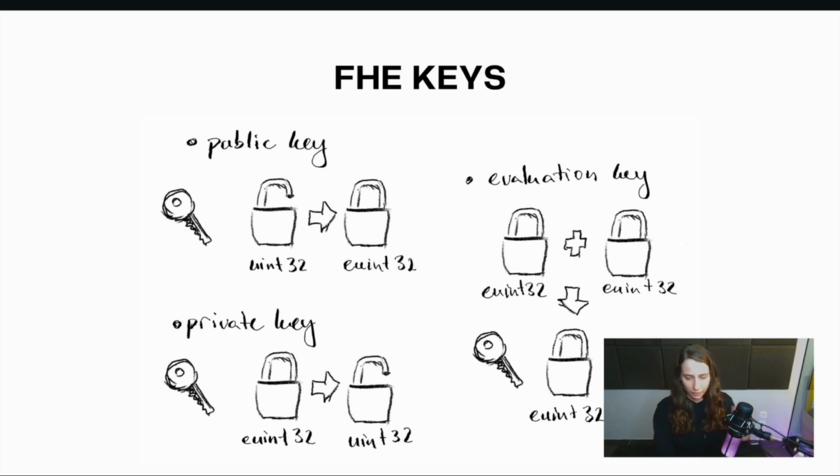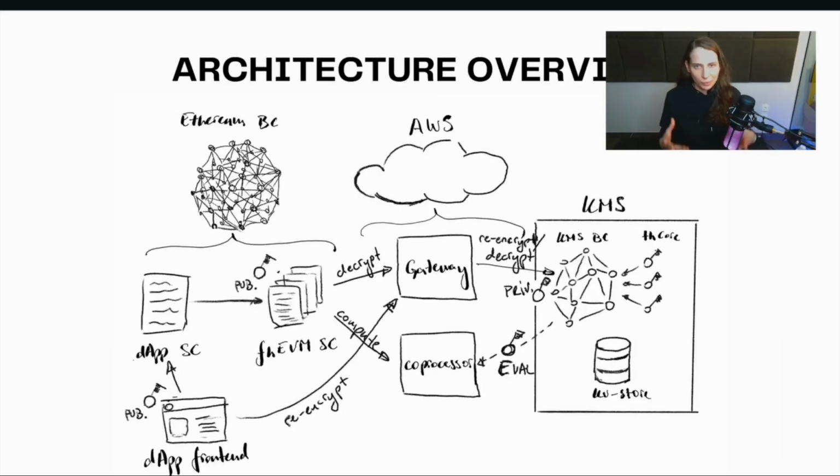This is all the information you need to know about FHE. You can perform computations on encrypted data. The thing that you will probably need to know before you start building your own smart contract is how the architecture is built and how it works. So bear with me, this is the first time we are presenting this at a high level, so there may be some incorrect statements. Here we'll use a lot of abstraction because all the details are really unnecessary.